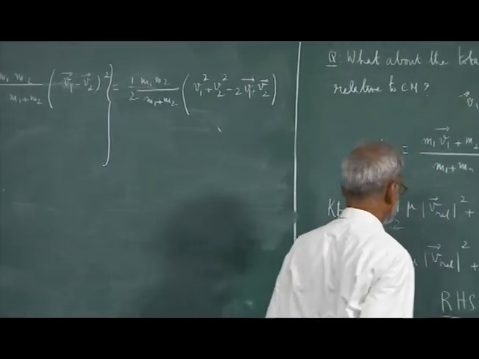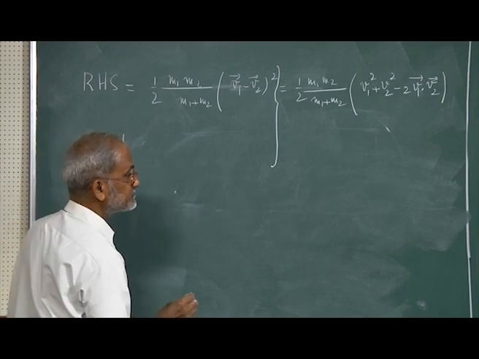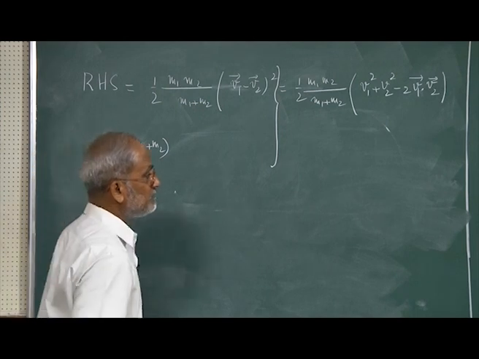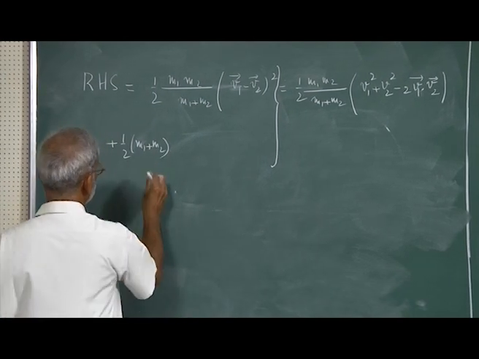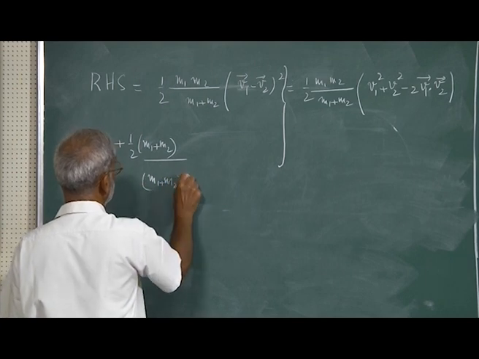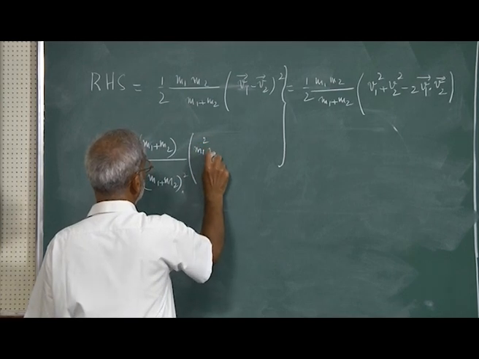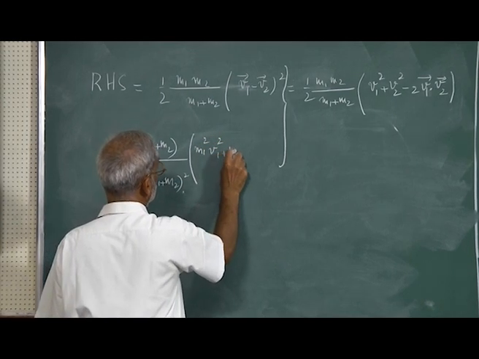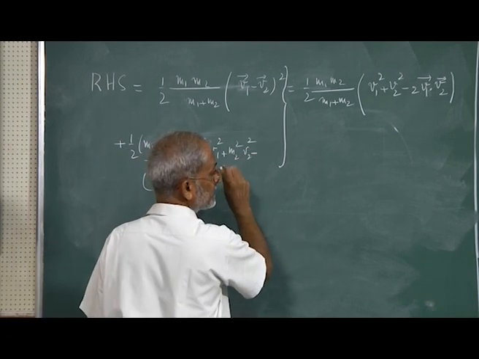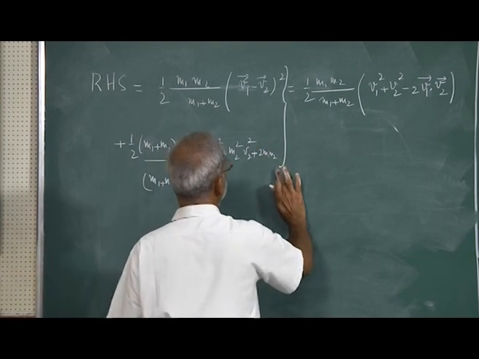I will write it as plus half of m1 plus m2 times the quantity over there, in the denominator I will have m1 plus m2 the whole squared, times m1 squared v1 squared